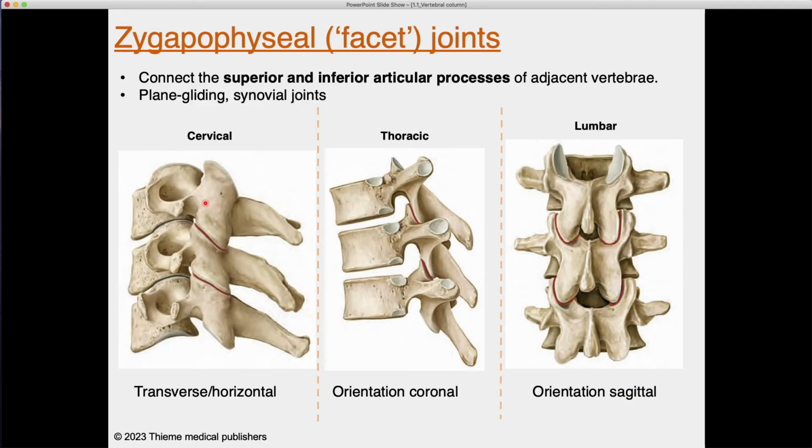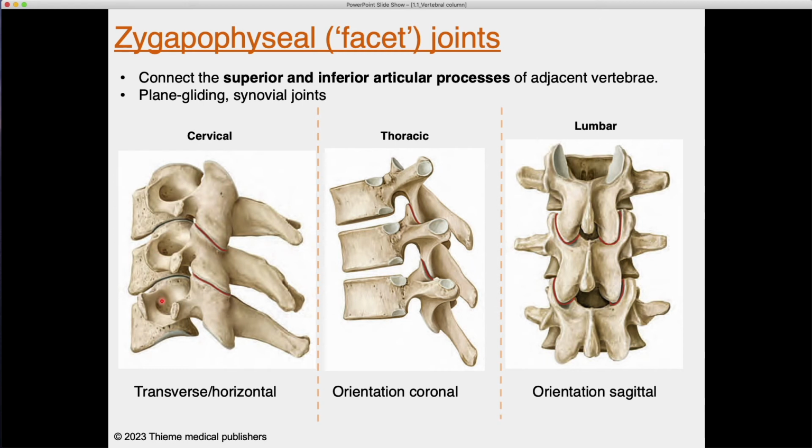Okay, so let's go back to our joints discussion and let's talk about these particular joints called the zygapophyseal joints, also known as facet joints. These are the joints between the superior and inferior articular processes of adjacent vertebrae. These joints are plane gliding synovial joints. They are oriented slightly differently, and this determines the level of mobility and the level of restricted mobility that we have in each